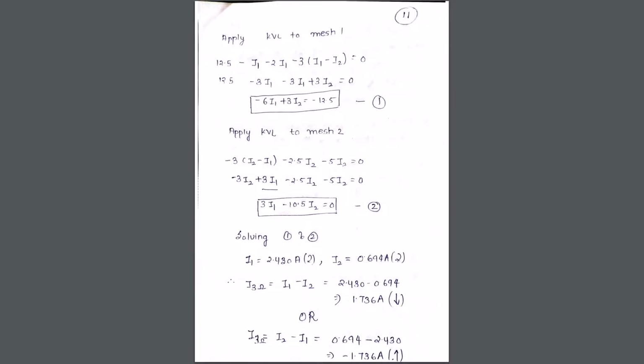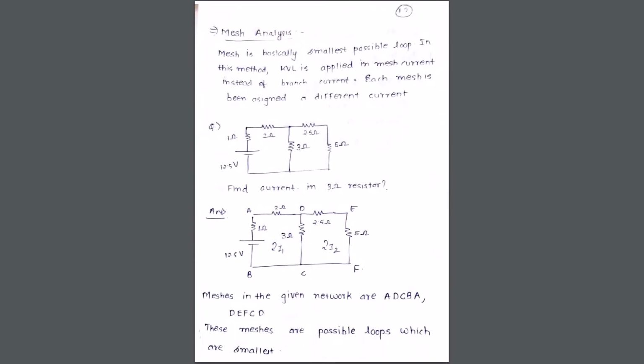And then what is the final question? Find the current through 3 ohm resistor. Now see, if I take I1 minus I2 as the current through the 3 ohm resistor, my direction is going to be downward. Why? Because I1 is my primary current and hence it is downward because my I1 is in downward direction. Similarly, if I take I2 minus I1 as the current through my 3 ohm resistor, my current direction will be upwards because I2 is my primary current in that way and the I2 direction is upward.